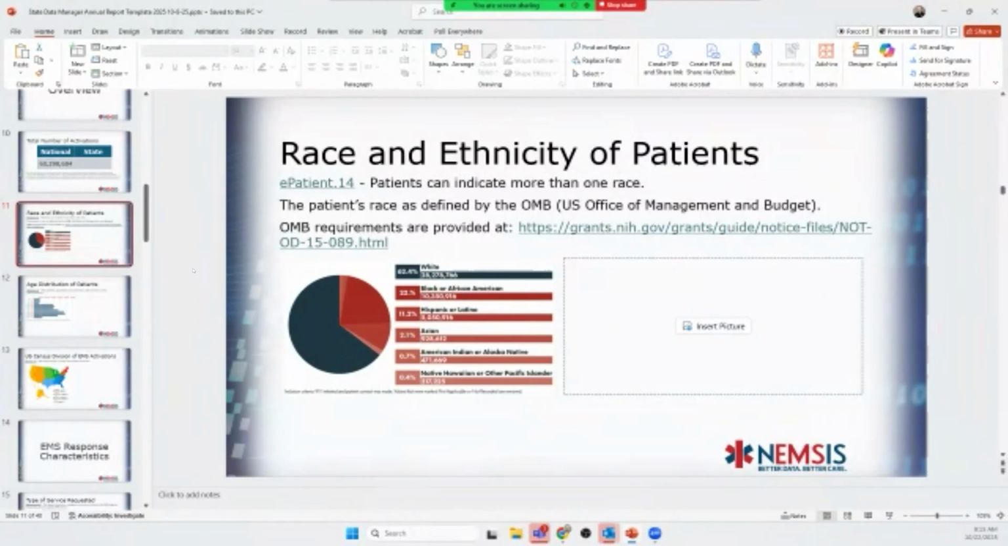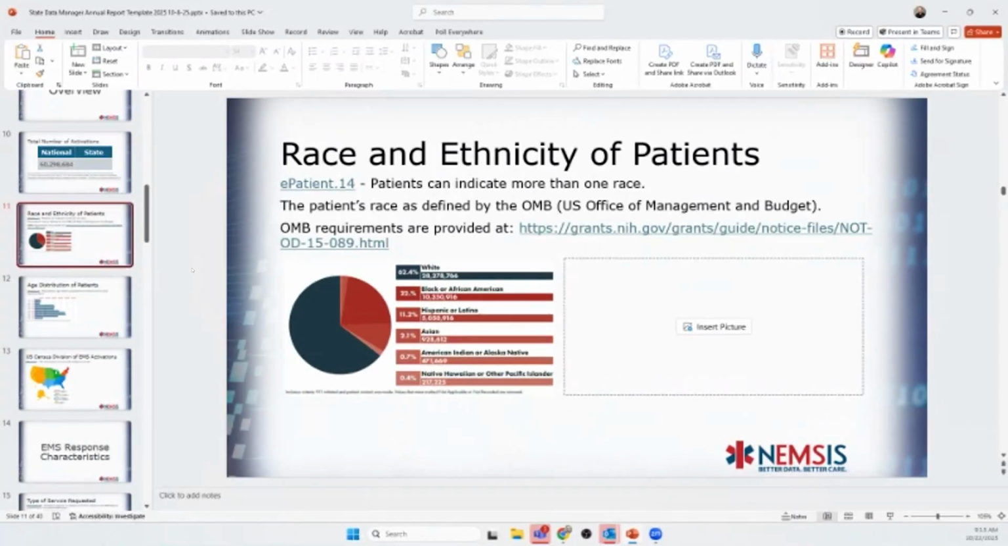We did show this template to a select group of data managers, and we got some feedback asking what the inclusion criteria is for the charts on this template. We are working on a succinct definition of what the inclusion criteria is, so that when you're putting data in here, you are comparing apples to apples. And so that will be added to